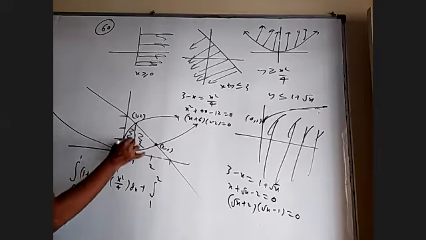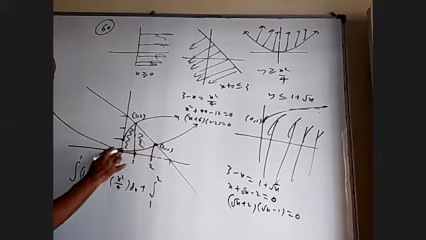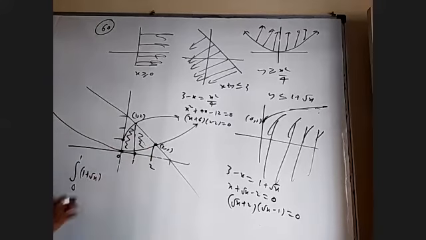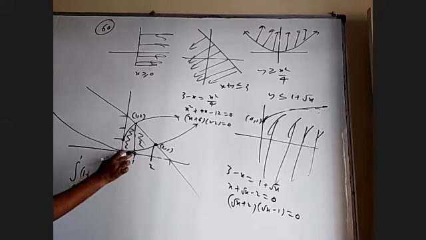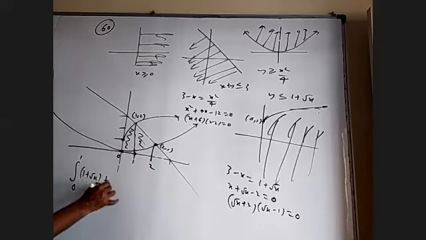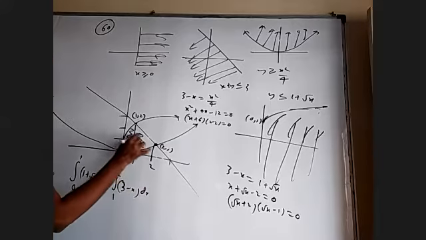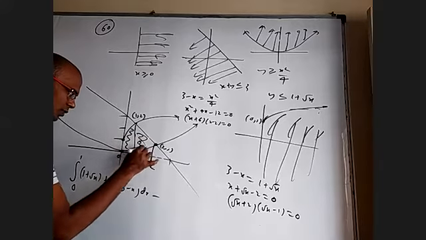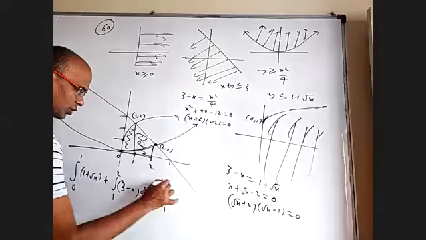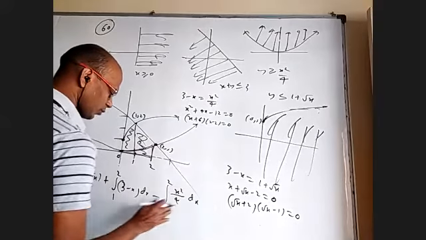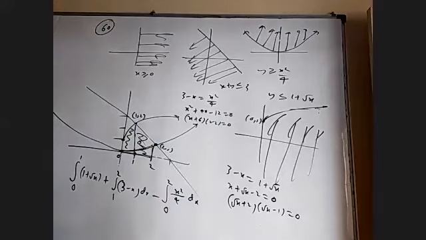If somebody wants, we can find this total and this total and then subtract this. That is, this x square by 4 can be separated. I'll tell you. Integral 0 to 1, 1 plus root x is this total, including the bottom part. This is integral 1 to 2, 3 minus x dx. That is this total. Minus, remove this piece, which is integral 0 to 2, the bottom curve is x square by 4 dx. You can simplify this, you'll get the answer.